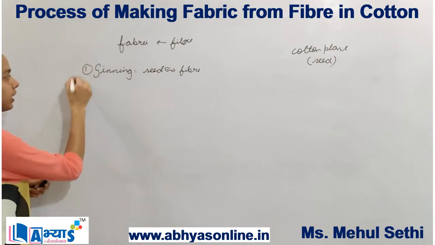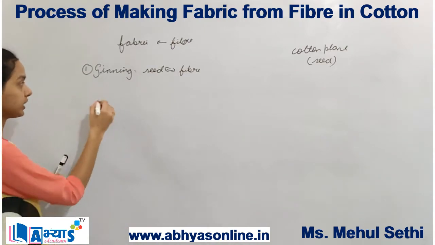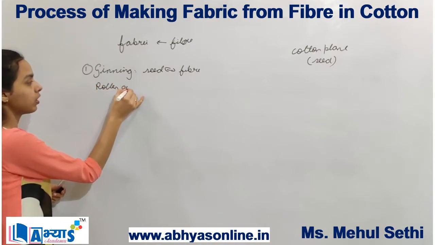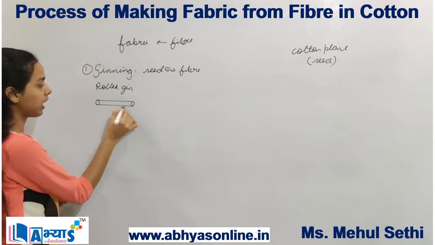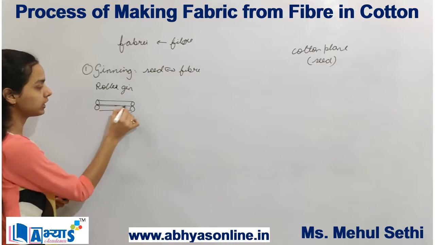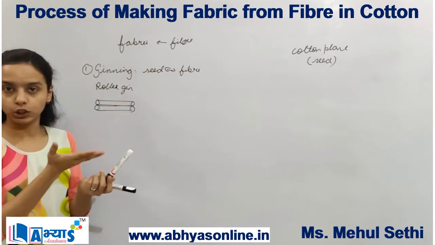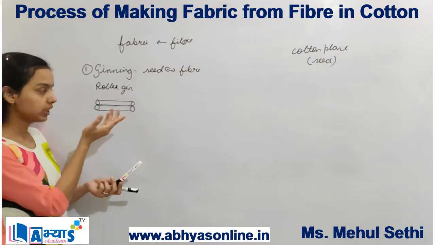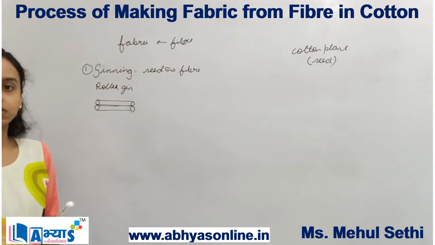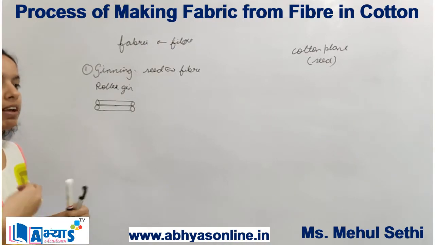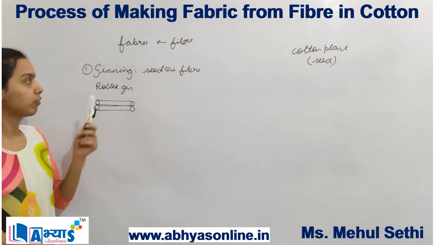Earlier, ginning could be done by hand, but now we have a machine known as a roller gin. In this machine we have cylinders, generally made of steel, and the fibers are placed into the gap between these two cylinders. When the fiber passes through the gap between the cylinders, the fibers are separated from the seeds. That means we get fresh fibers which have no seeds in them, and now we can make them into fabric. This was the first process, ginning.